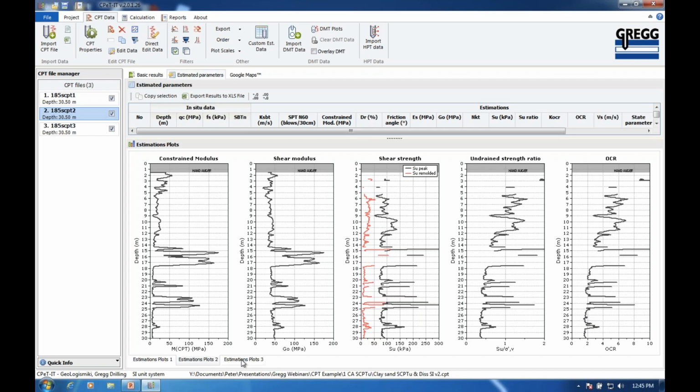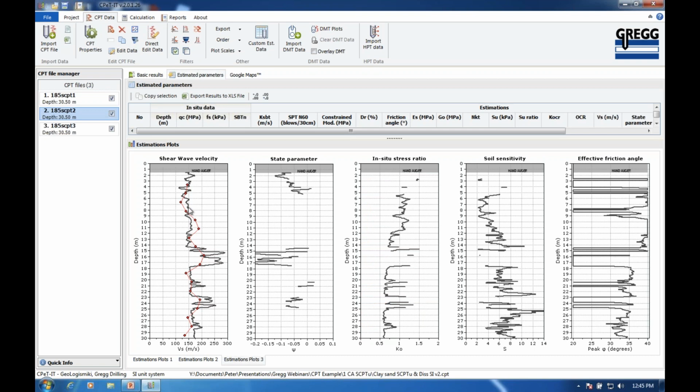And then the last set of plots is the shear wave velocity, which we had looked at, the red one being the measured shear wave velocity, the black estimated, assuming that it was a young, uncemented silica-based soil, and so you can see the two are comparing reasonably well, which is consistent with this being a predominantly young, uncemented deposit. The next one is state parameter for the sand-like soils. The next one's the K0 in the clay-like soils, and then the next one is sensitivity, and that's based on